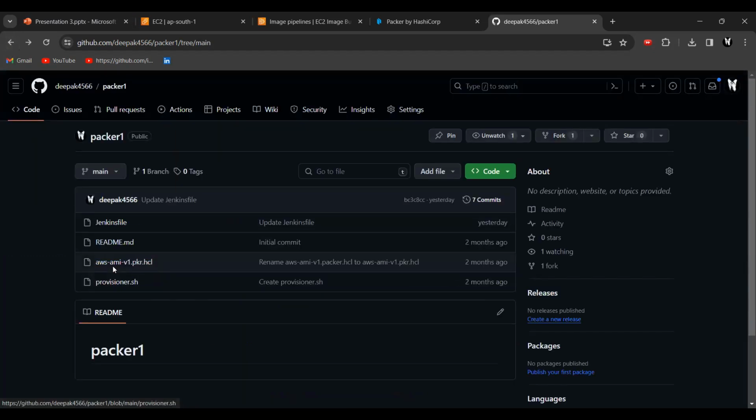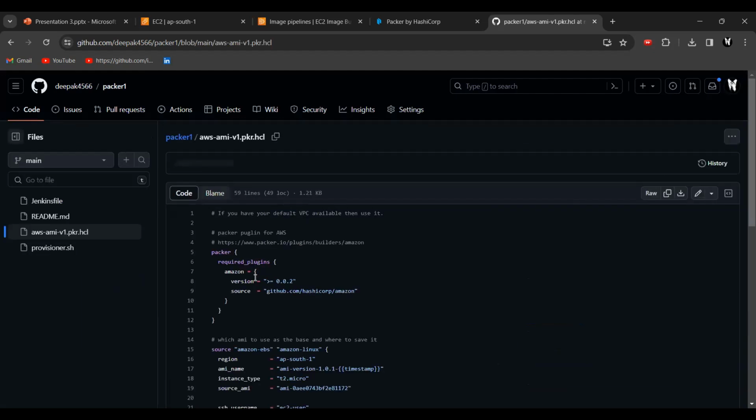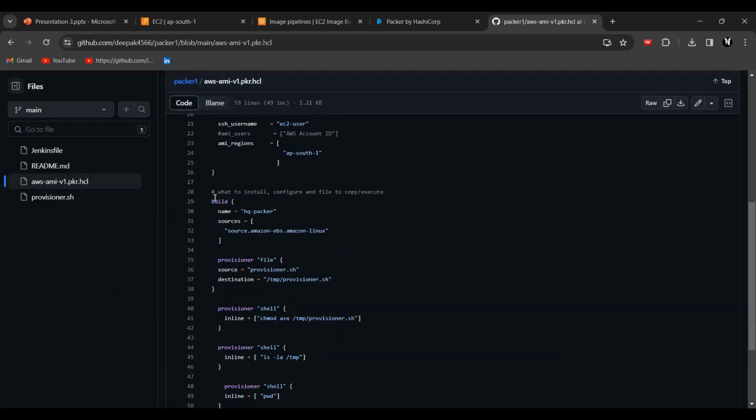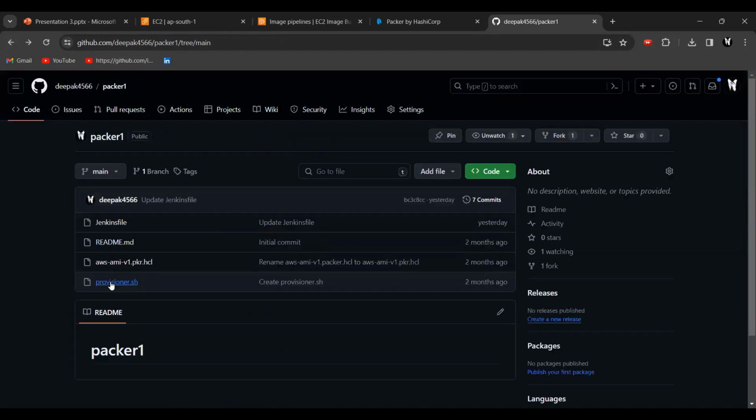I think it has some function in the Packer backend that will automatically call this provisioner and execute the operation, creating the EC2 instance, calling provisioner.sh to create the AMI, and then automatically destroying the instance, and the Packer AMI will be created automatically. Let's get into the practicals.